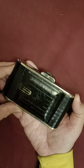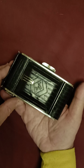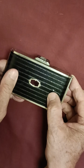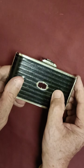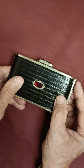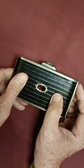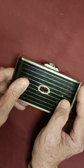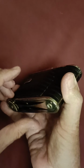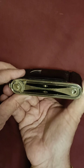Right, start with this little 127. You see the Agfa symbol there. The usual little red window on the back for use when the roll film backing shouldn't let light leak. But in the early days, of course, the 30s when these were produced, a lot of it was orthochromatic, which wasn't sensitive to the red light. So we got lovely Art Deco styling here